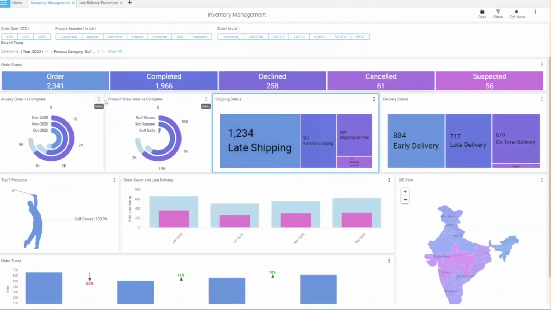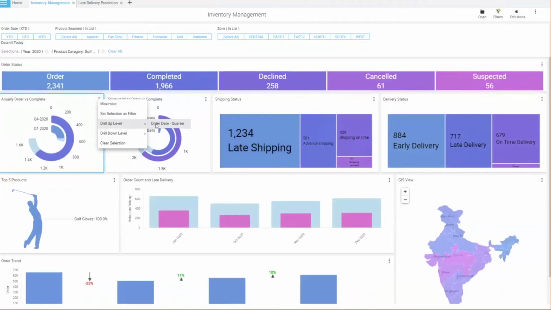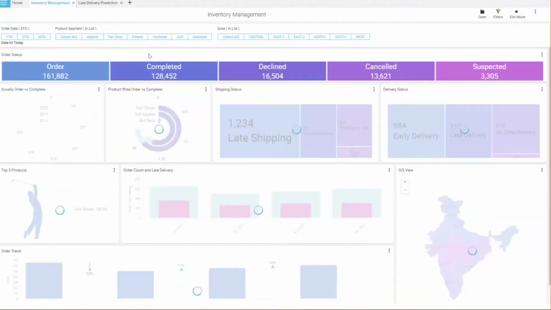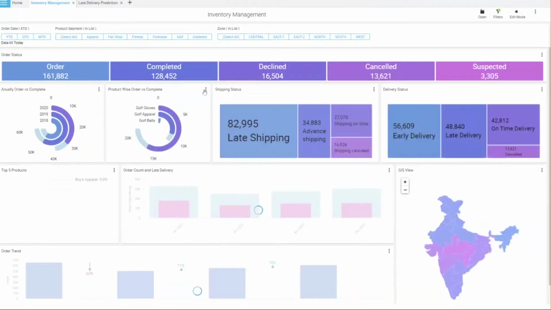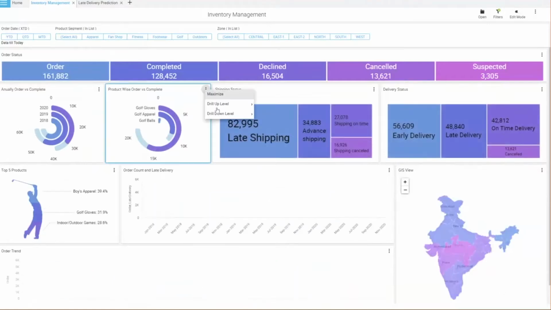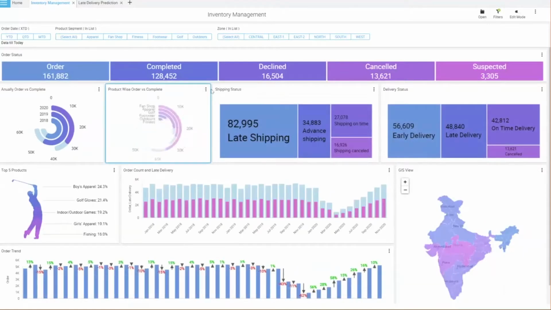For this, let me drill up to the top level again and clear all the filters or selections that I made. You can see how quickly it comes back to the information that we first saw when we started the demo. Not only drill up and drill down, you can also drill up a level and drill down a level to go to the parent level or the child level as well.